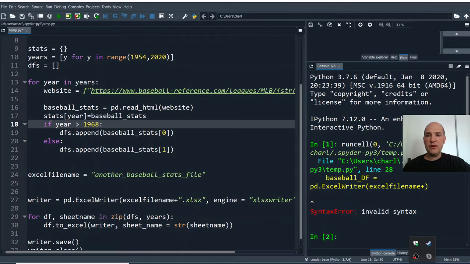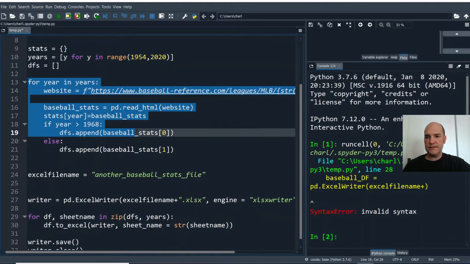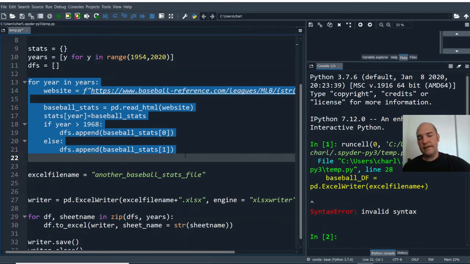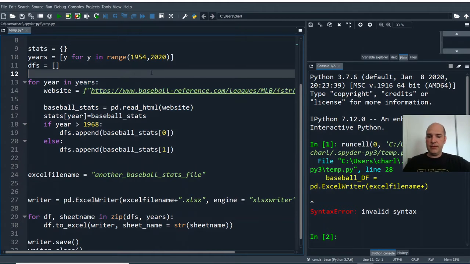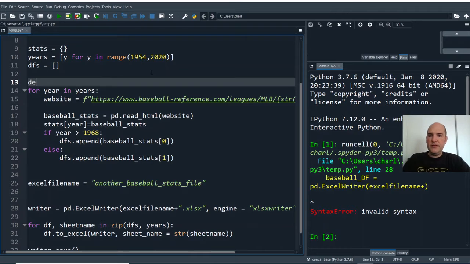However, we're going to do a little bit of organizing in our code, and I'll explain why. Normally you'll write some code, and for instance in this case we wrote this for loop here which picked up the data from the website for us, but we don't want to run and execute that every time. Because once we have the data stored in the spreadsheet, we don't need to run it anymore. However, at the same time, we don't want to just delete it. We could just comment it out, but instead, in case we want to run it again, I'm going to store it as a definition. And so what I'm going to do is enter a little space up here and say